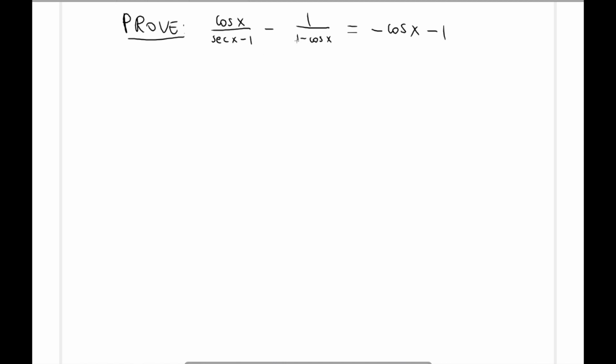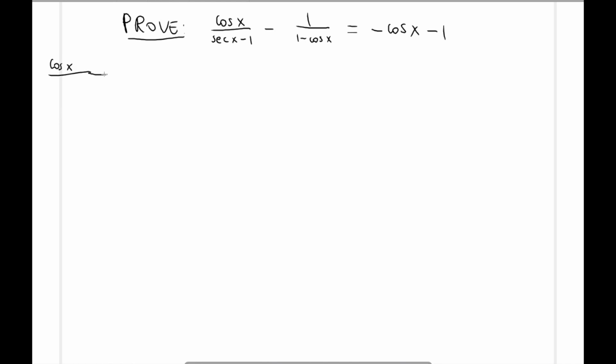Basically, I'm going to try to get the denominator of the left fraction to be the same as the denominator of the second fraction. So we're going to try to make sure that this fraction's denominator shows 1 minus cosine x. And then we can combine the two fractions and simplify in the best way possible to arrive at this final conclusion. All right, so first I'm going to take the given first fraction,